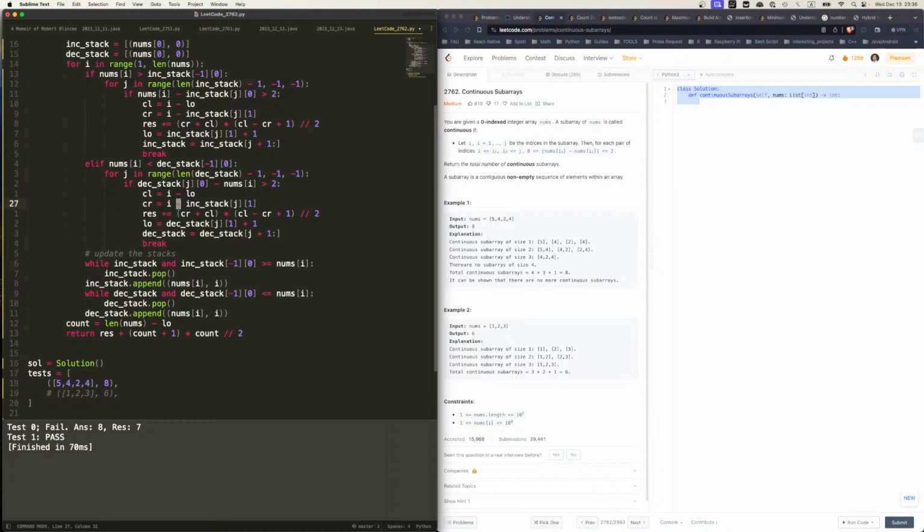CR is, this is not increasing, this is decreasing stack. And after that, the rest is equal to this, low equal to this. So if we do that, then we pass. Let's check one more time. Okay. I think we're ready to